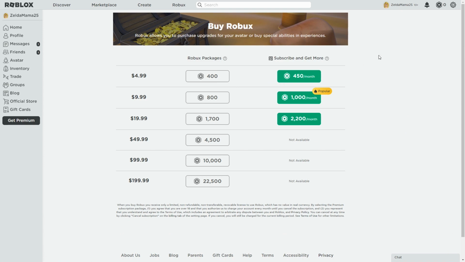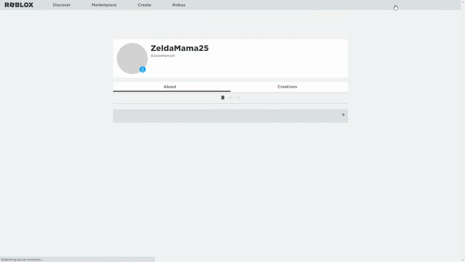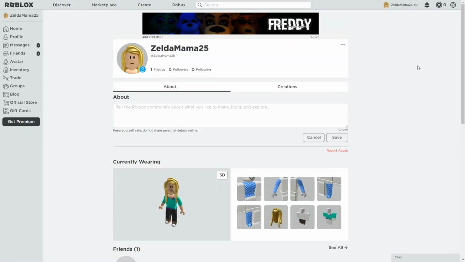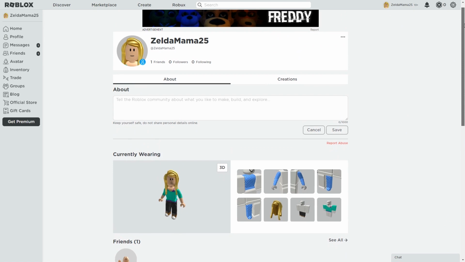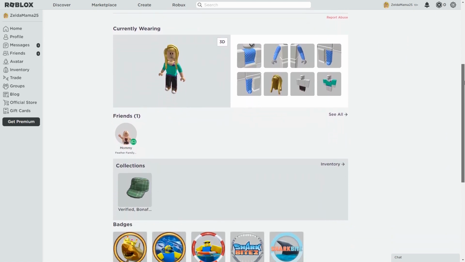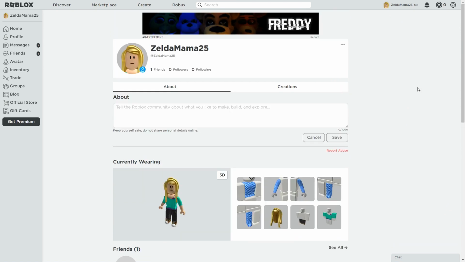Over here is where you can see your profile. This is mine that I made. I actually do like playing Roblox with my daughter. Some of the games are pretty fun. This is where you can customize your avatar and also where your favorite games and things like that can be found. Your friends will be shown here as well. Then we have notifications, Robux, I don't have any, and settings and help over here.